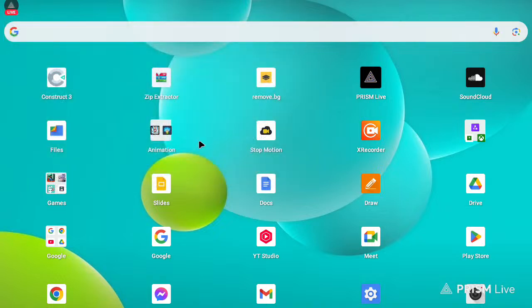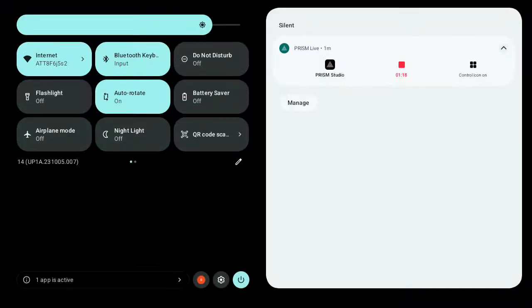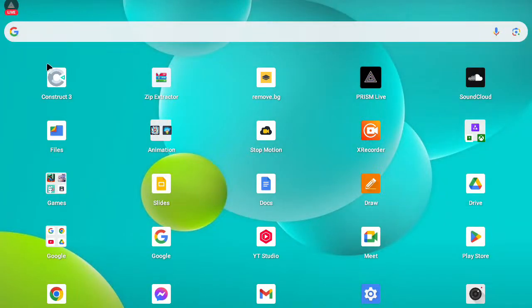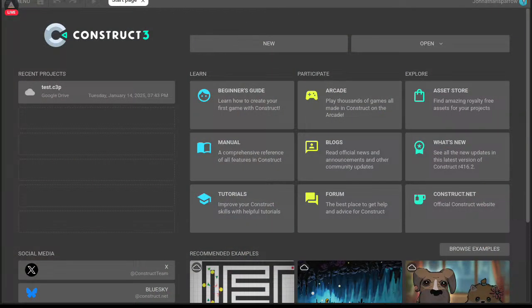The software I mainly use, there's some other things I want to address first. I got some comments a while ago about why I switched pretty much to Construct 3.